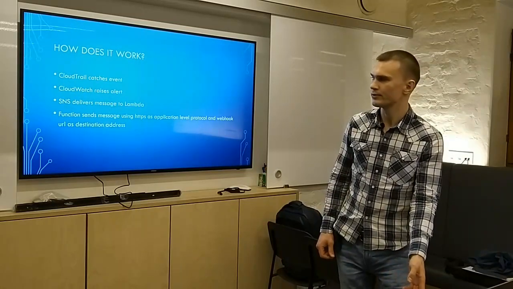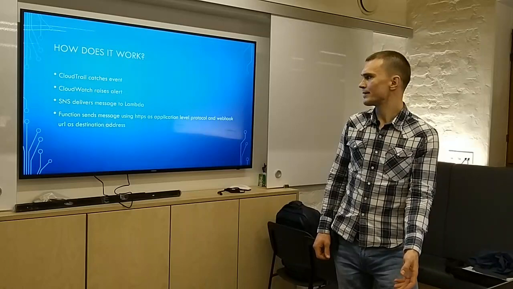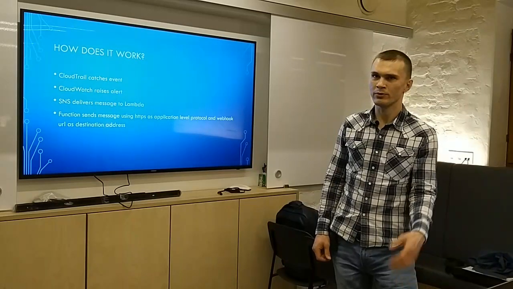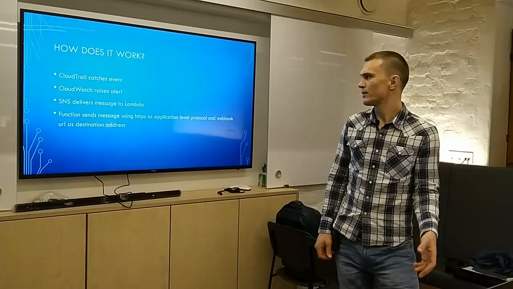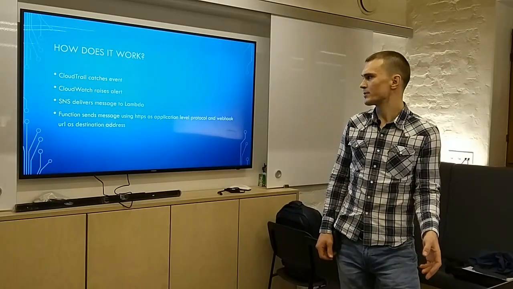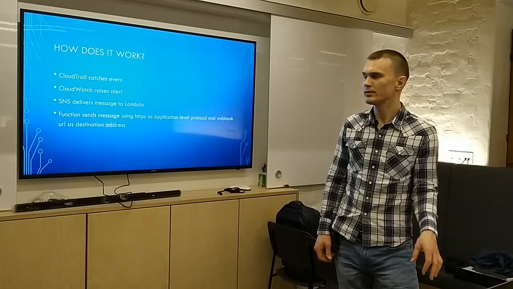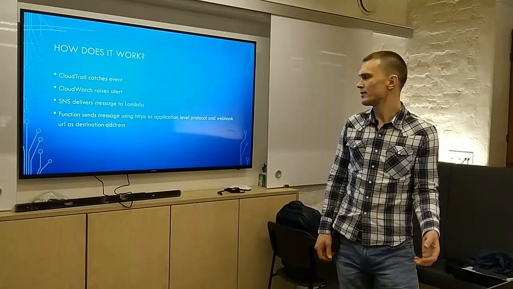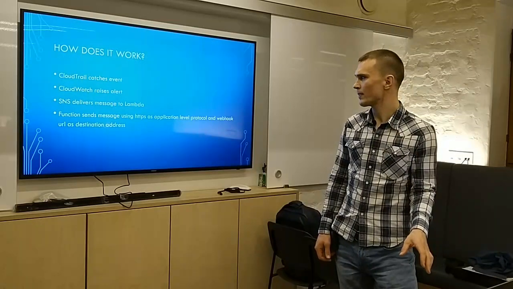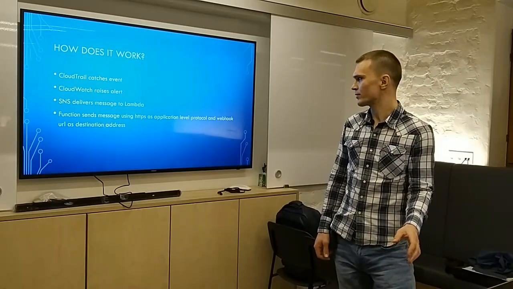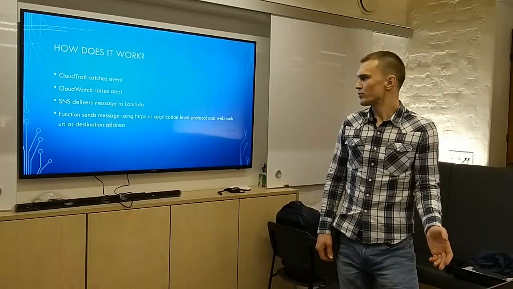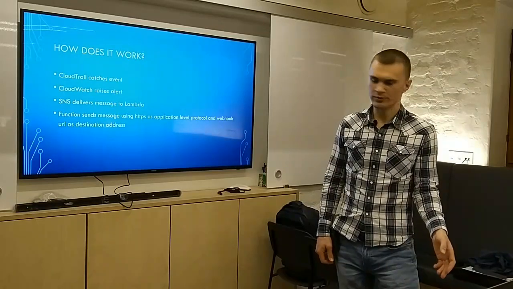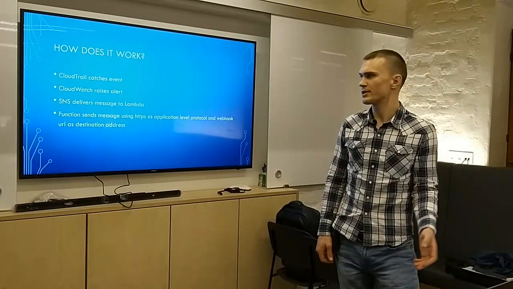CloudWatch raises a CloudWatch alert, and SNS, using the Lambda protocol in our case, delivers this event as a text message to the AWS Lambda service, and then Lambda triggers the AWS Lambda function, and the function sends, using HTTPS as transport,